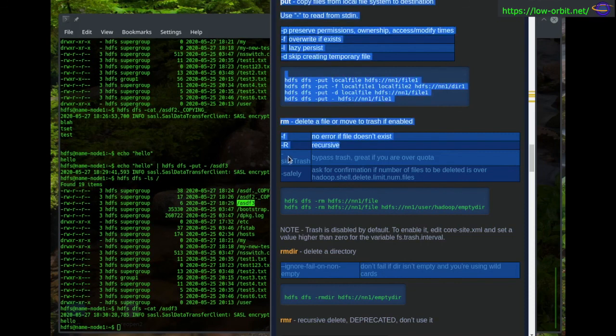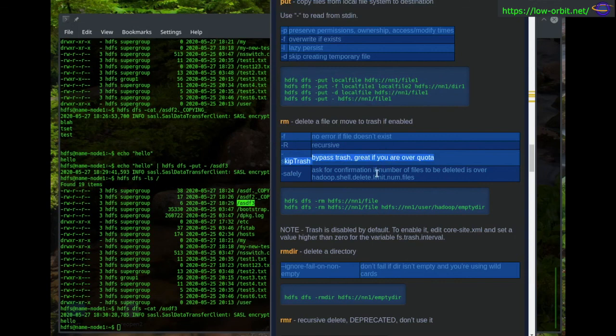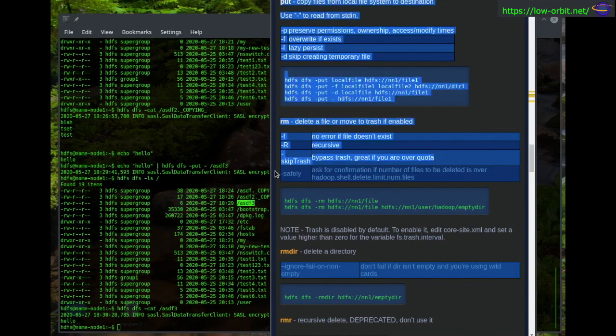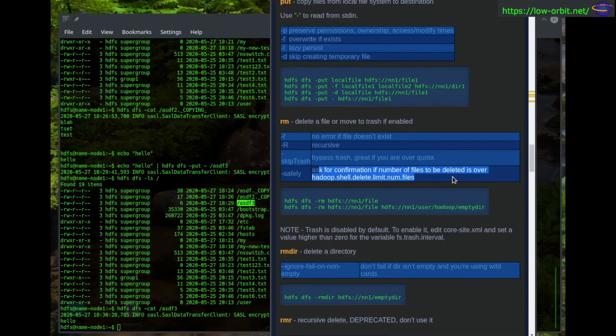And -r for recursive. You can skip the trash, so it just gets deleted forever. That's great if you're over quota or something. It's assuming your trash is even enabled. And you could, adding -safely, just ask for confirmation. All right, so